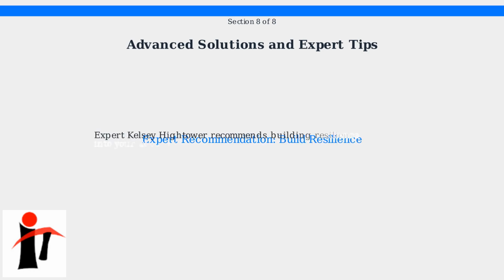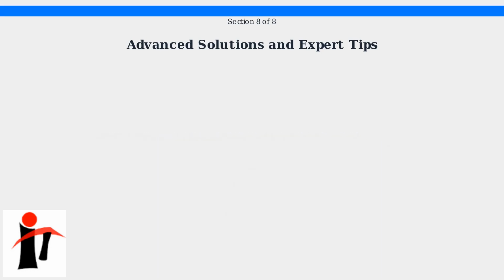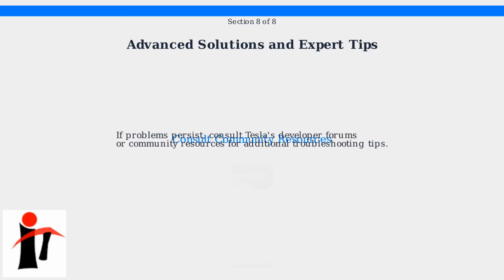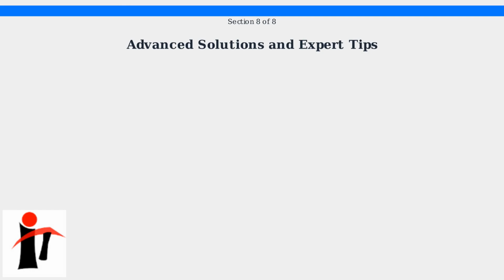Building on that, expert Kelsey Hightower, a renowned API design specialist, recommends implementing resilience into your applications through backoff strategies. This means designing your app to automatically slow down or pause requests when rate limits are encountered, rather than continuing to bombard the server. If these advanced solutions don't resolve your issues, don't hesitate to consult Tesla's official developer forums